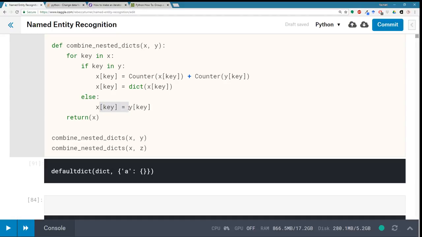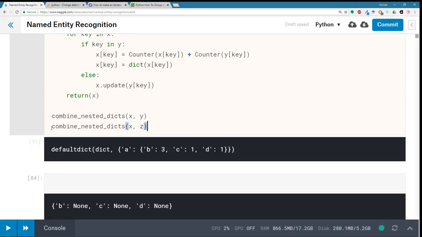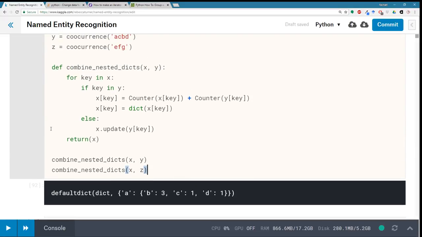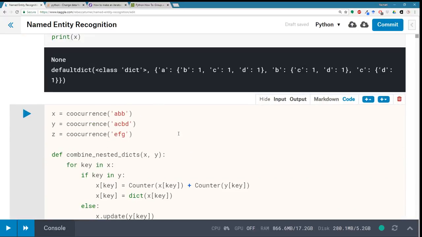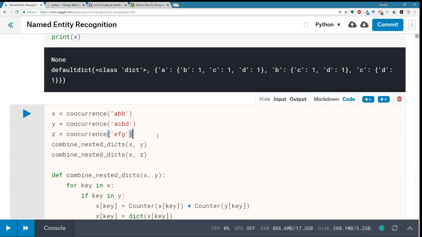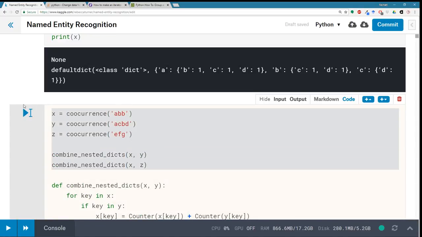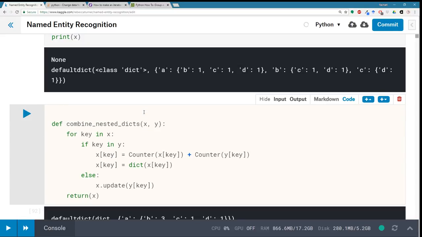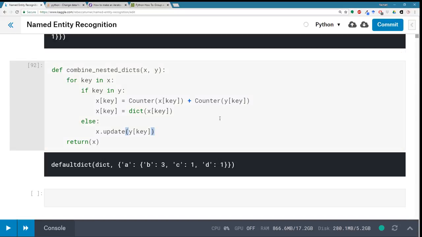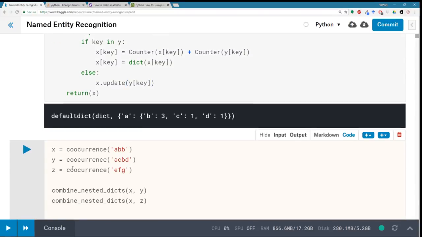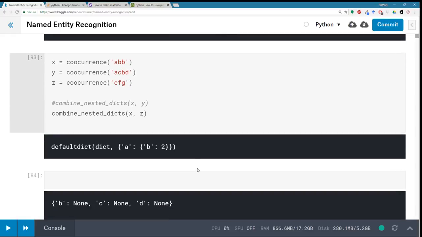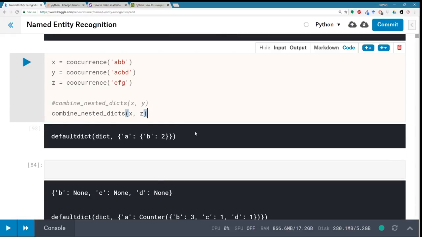Oh, okay. I think actually this is where I want to update and just add it to the end. Let's see if that works. Okay. That was the first one. Let's move these into a different cell. I'm just gonna run them all at once. So that was the first one, and that's still what I want. That's giving me the correct output. What about the second one? That's giving me